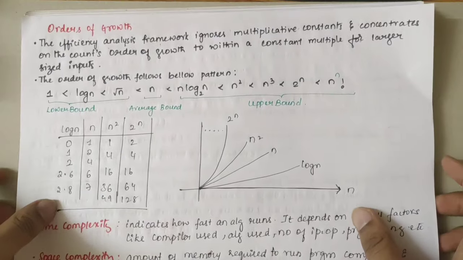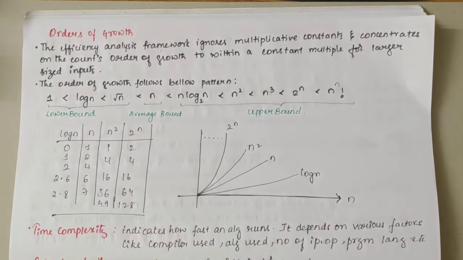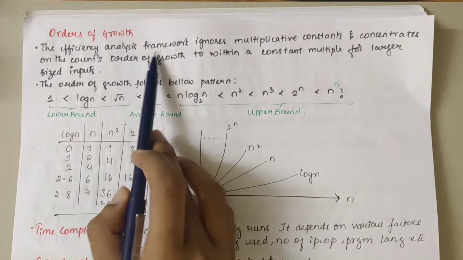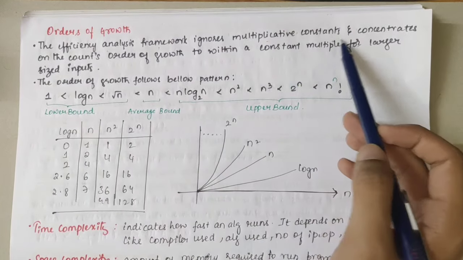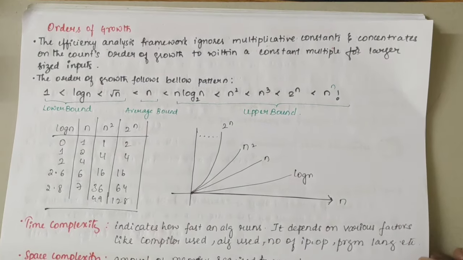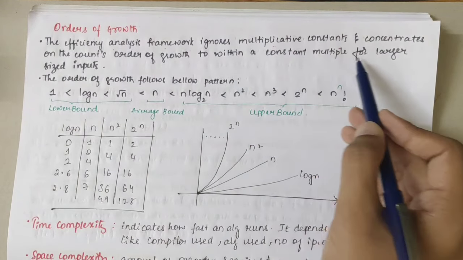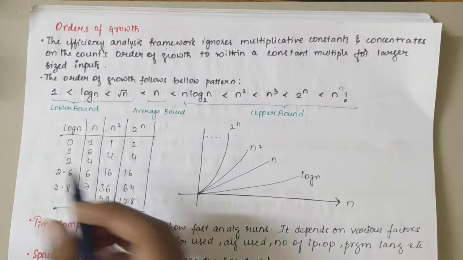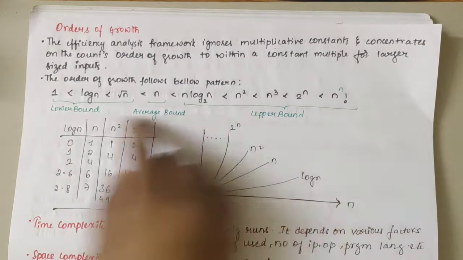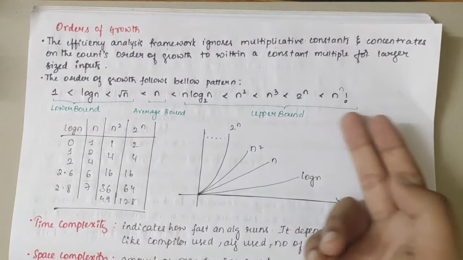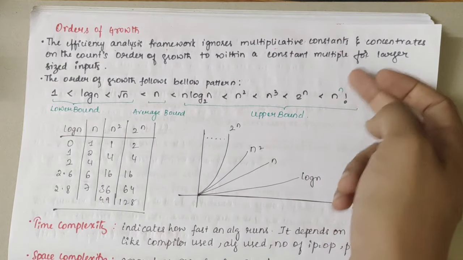We have order of growth here. Order of growth tells in what way the input size is varying. The efficiency analysis framework ignores multiplicative constants and concentrates on the count's order of growth to within a constant multiple for large-sized inputs. You need to remember this order: 1, log n, root n, n log n, and it goes on till n to the power n,